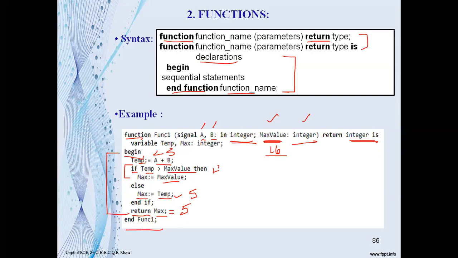End function. So it returns only a single value. Observe this, single value. In the procedure, in the previous example, you have seen multiple values, right? S1, S2, V1, V2 are assigned with V of 0, V of 1, V of 2, and V of 3. Right? But for the function, it returns only a single value. Remember that. Okay. So this is the example for procedures and functions.